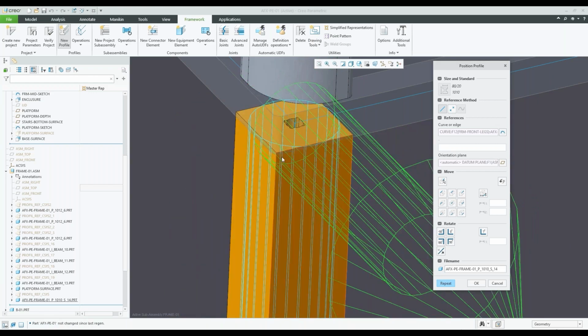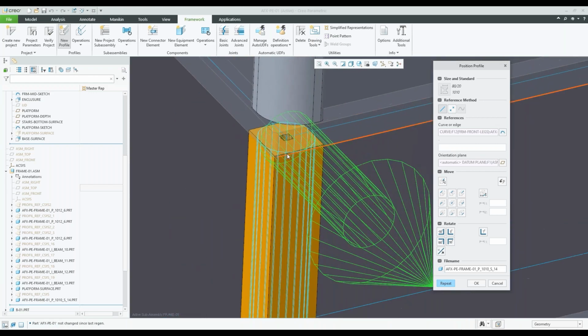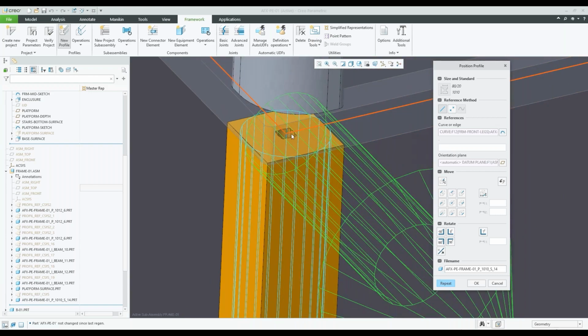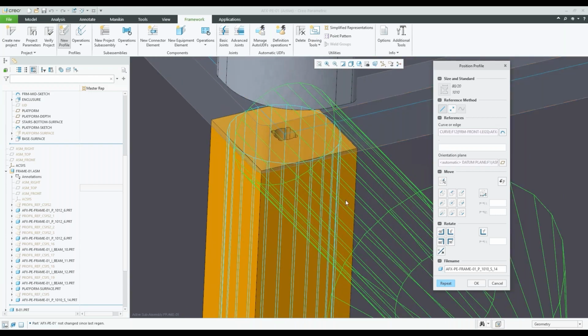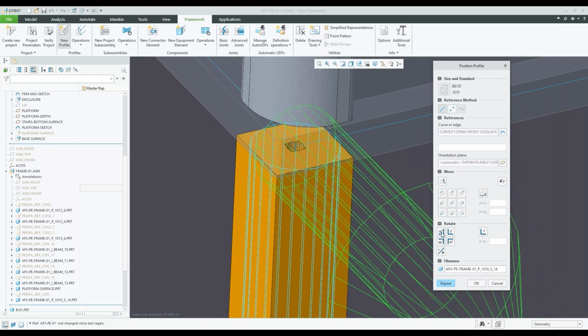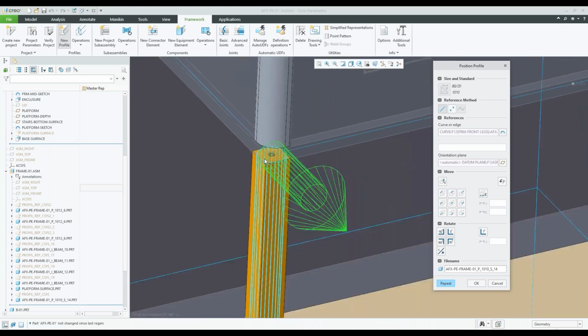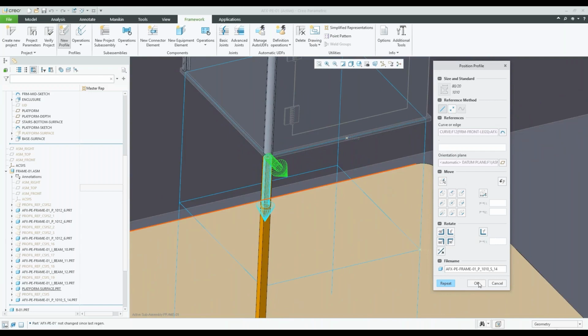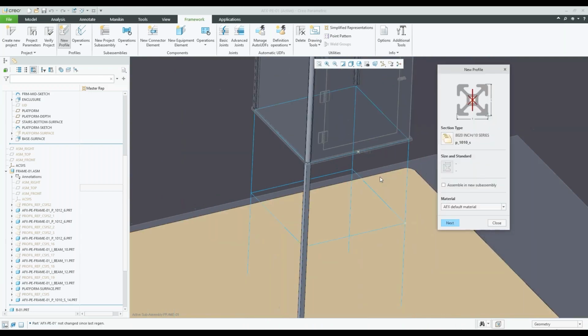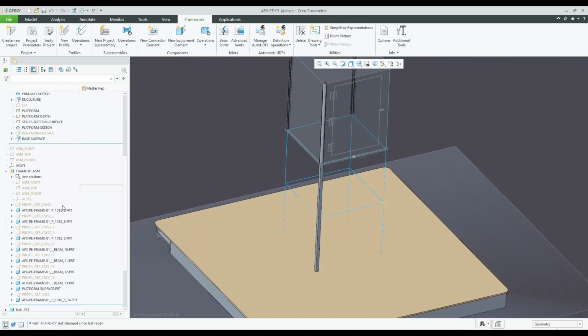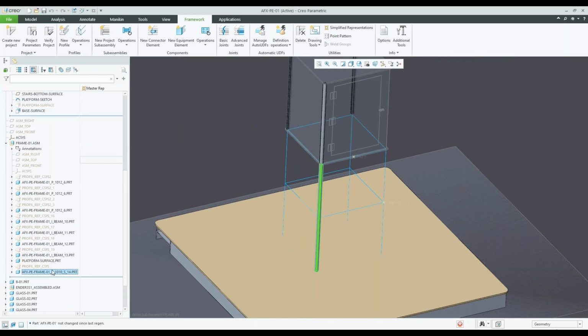I'm gonna put it center so that this skeleton curve is directly center to the hole. You can rotate the profile, and this goes for most of the profiles, not just this one. I can rotate that 90 degrees if I wanted to, 180 degrees. So what I'm gonna do is I'm gonna go ahead and click OK and close. And then notice here it added this